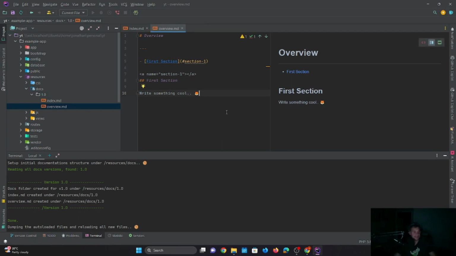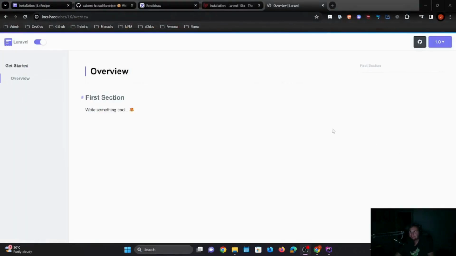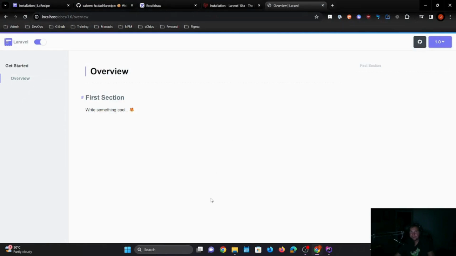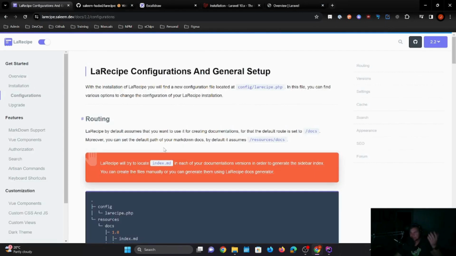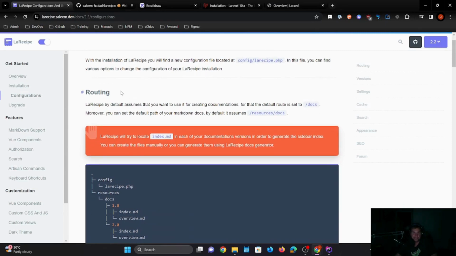So let's try something like "test this works". Okay, so I just save that. And then let's transition over to the browser. Okay, so hot reload, but if I press F5, there we go. Bob's your uncle. How cool is that? Fantastic. Let's see what else we can find, because this is so cool. There you go. So routing,